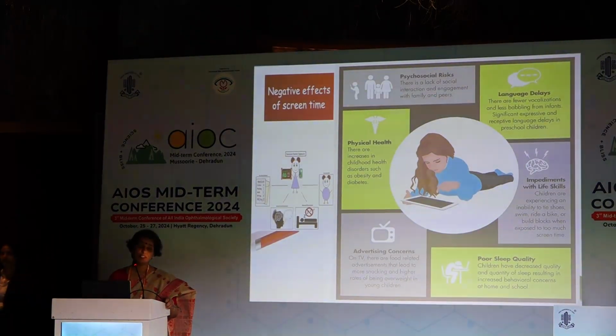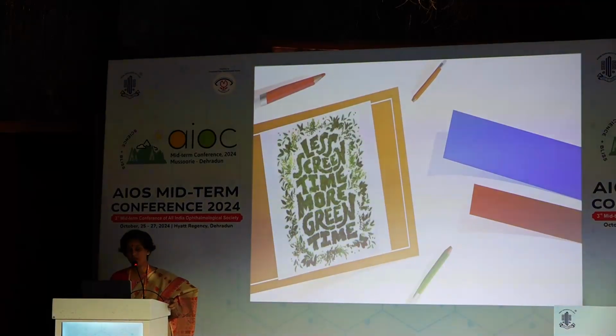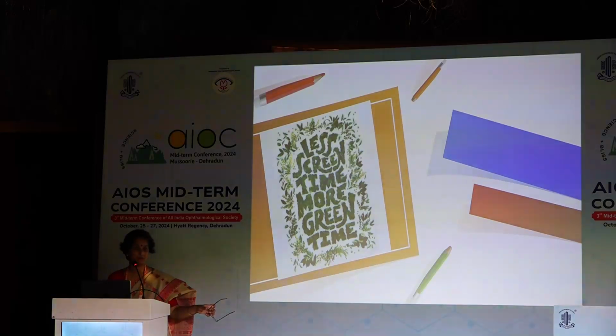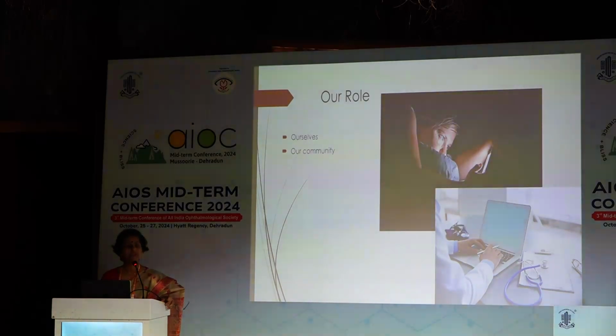Effects on kids are not just limited to the eyes. There are language delays, impediments in life skills, obesity, diabetes. As I said, epilepsy, even autism can be aggravated. There are psychosocial risks as well. We need them to have more of green time, not just due to the screen effects, but also due to the epidemic of myopia. So our role finally is not just to ourselves and our community, our children, but also